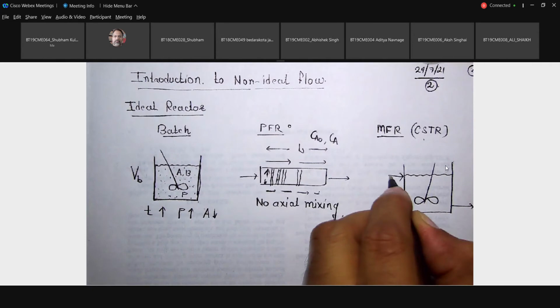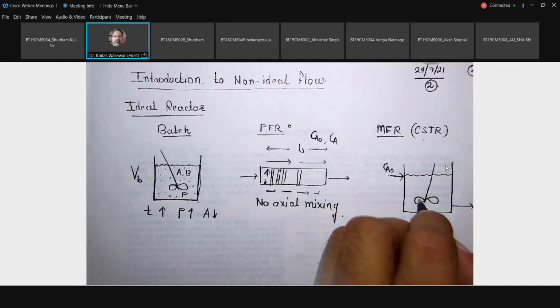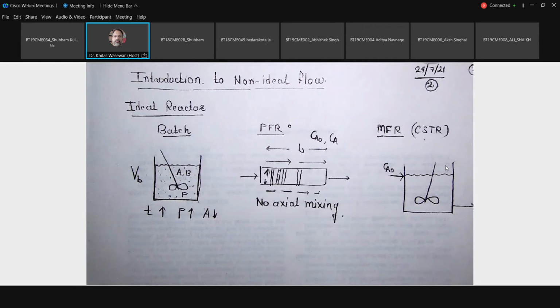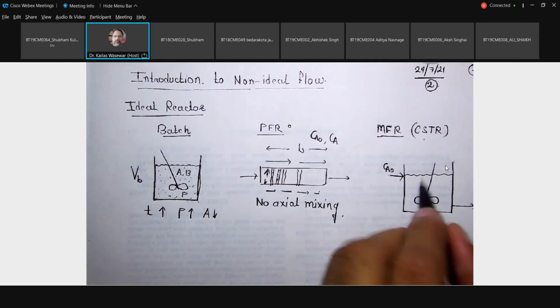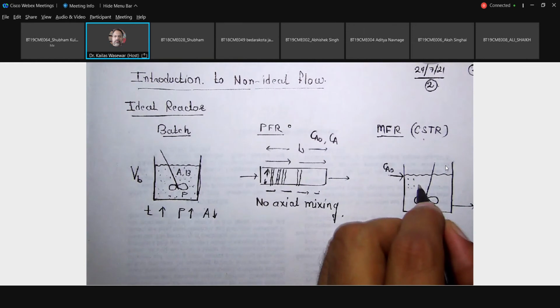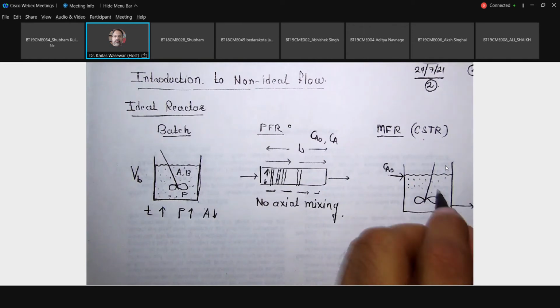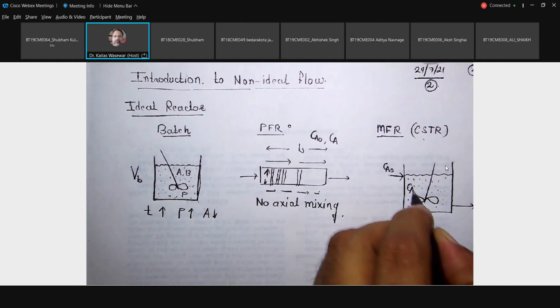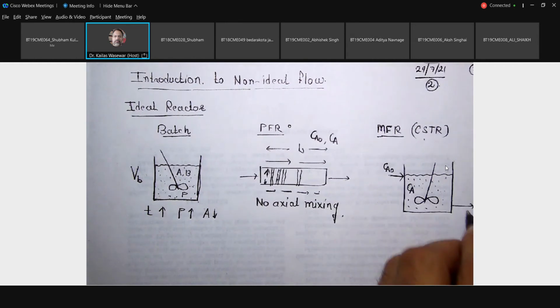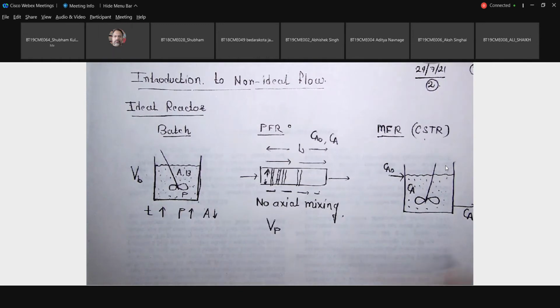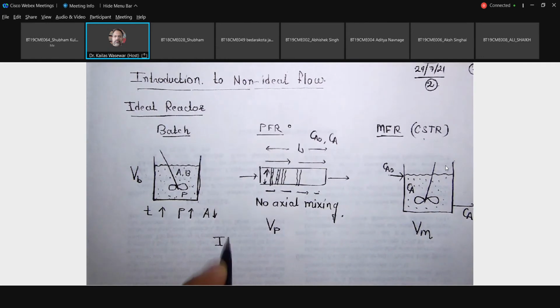As soon as the reactant enters the reactor, there is a reaction immediately, and throughout the reactor this concentration is the same. That is everywhere this is the Ca, and the same one will be at the exit, utilizing the complete volume of the reactor. This is the situation of an ideal reactor. So generally we design the reactor at ideal condition, is it? That you have studied till now in the reaction.